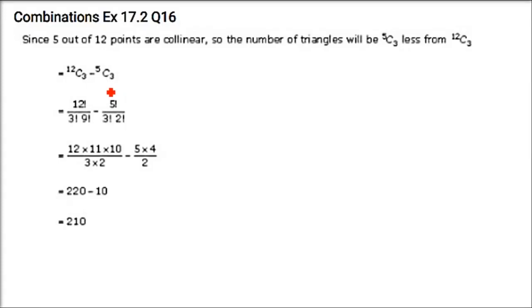How many triangles can be obtained by joining 12 points, 5 of which are collinear? Now here we have 12 points. How many triangles are to be formed? Here you don't worry about anything. Just remember that you need 3 points to make a triangle. There are 12 points, so you have to select 3 of these to make a triangle. These are all the possible triangles.